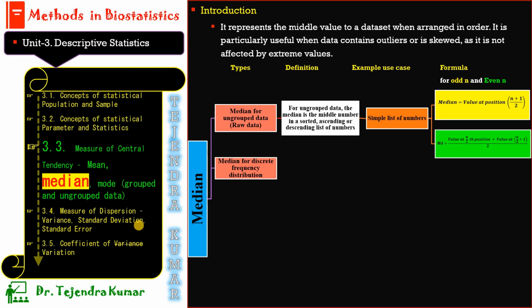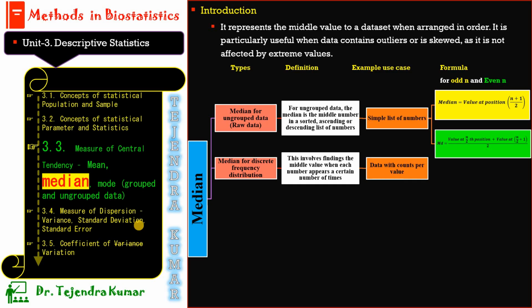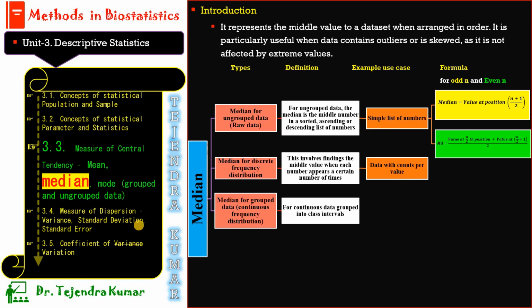Another type is the median for a discrete frequency distribution. This involves finding the middle value when each number appears a certain number of times. In that case, it is data with counts per value. And next is the median for grouped data or continuous frequency distribution. Earlier was for discrete frequency distribution, this is for continuous frequency distribution. It is used for continuous data grouped into class intervals,